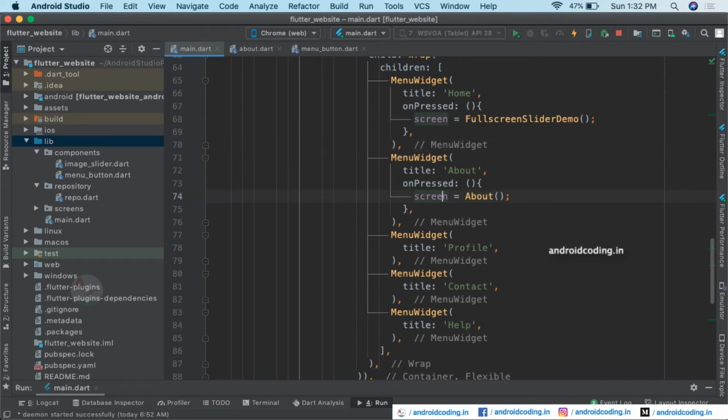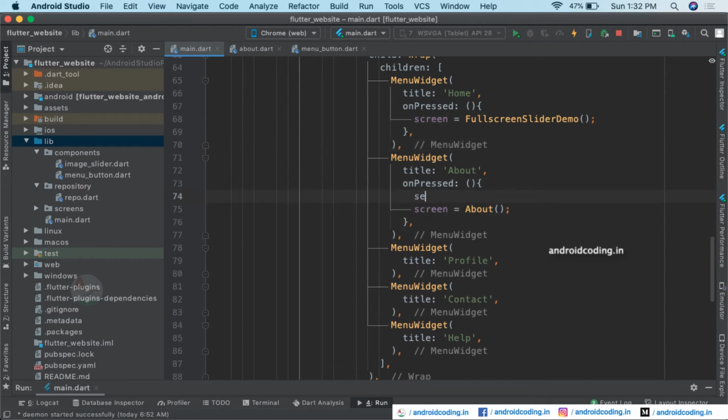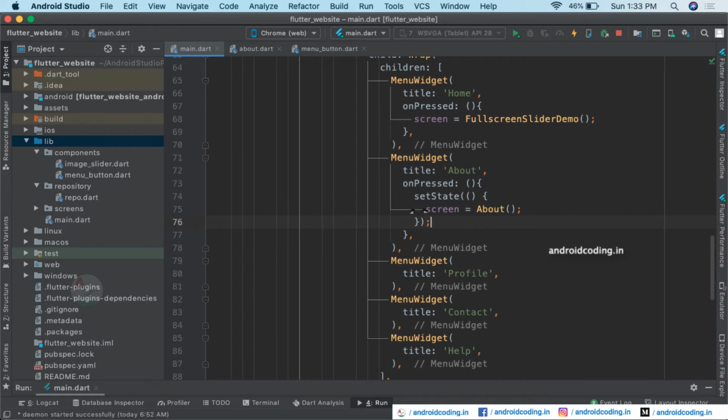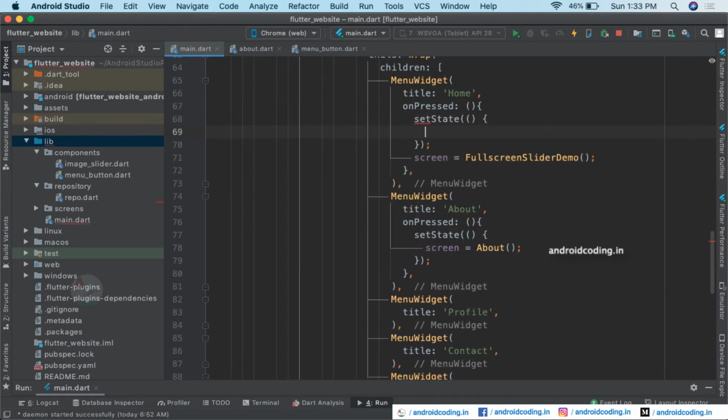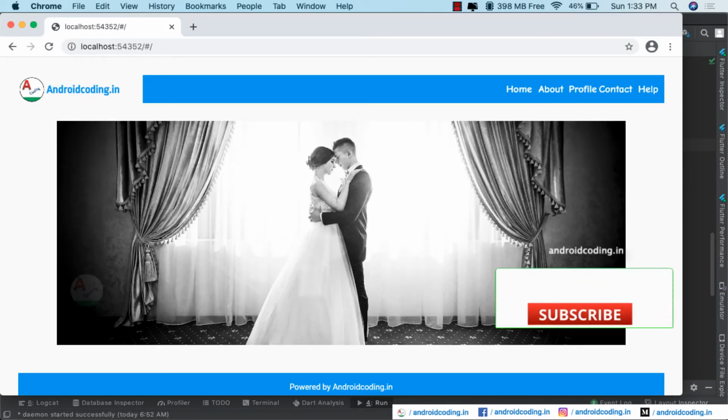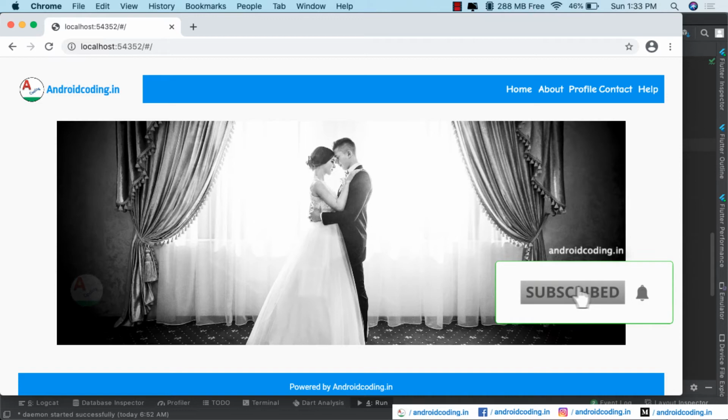So now let us provide this set state functionality and wrap it inside it, and now provide the same here also and wrap the screen inside it. And now try to save your program, and now you will be able to tap on the about.